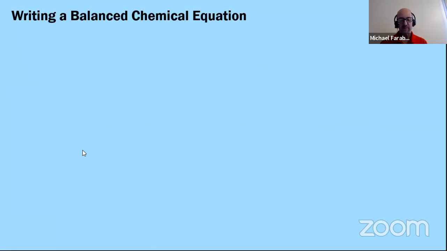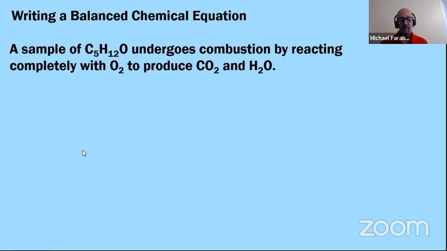All right, here's another example. We have a chemical that is undergoing combustion, and the formula of that chemical is C5H12O, and it's reacting with oxygen to produce carbon dioxide and water. Now, I bring up this particular example because it illustrates a point that some students might make a mistake, even if they are very good at balancing equations and they've done it for years and they've practiced it and they understand how to do it, they still might make a mistake